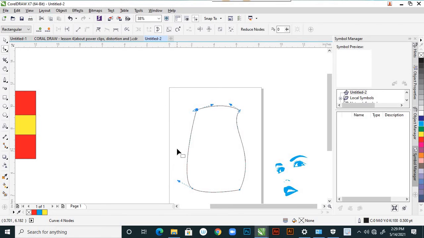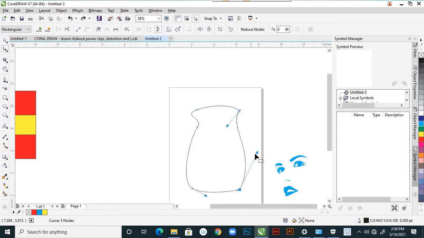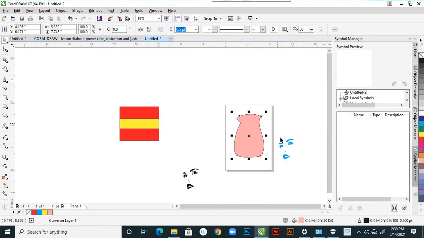Here this point is required, because that edge and this node is required. Okay, so we are planning just rough. This is our shape. So here fill with any color.